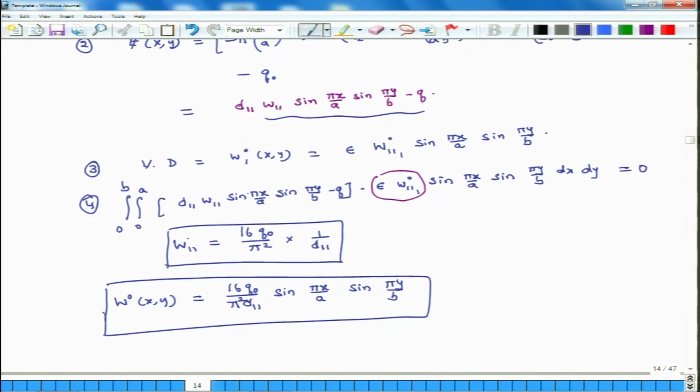If you compare the coefficient of the first term with the exact solution which we developed a couple of weeks earlier, you will see that this coefficient 16 q naught over pi squared d11 is exactly the same as what we calculated earlier. So, using the principle of virtual work, we arrive at this coefficient of the first term very easily, right away. This is a very powerful technique. It will not give me the exact solution all the time; it just happens in this case that it gives the exact solution for the first term. But in some cases it gives very accurate results even at the very beginning.